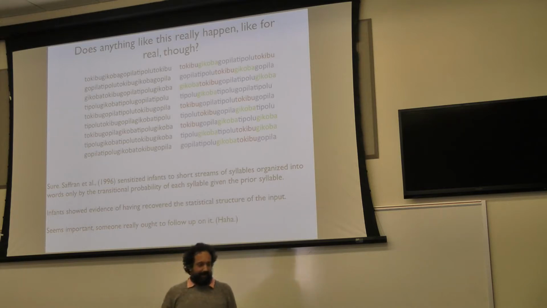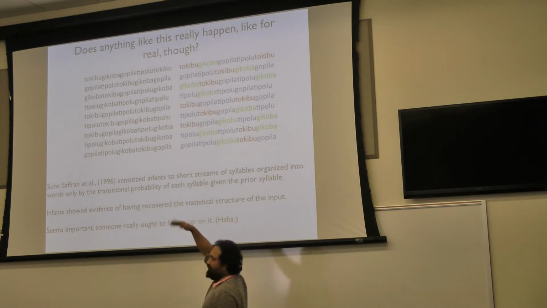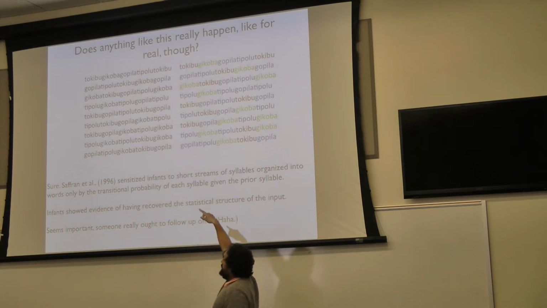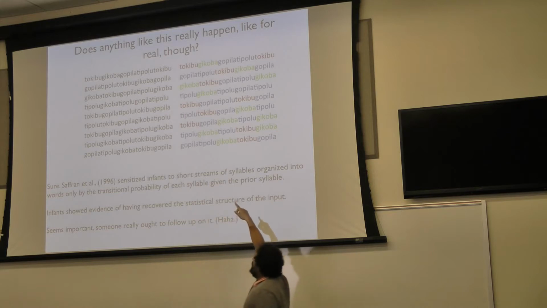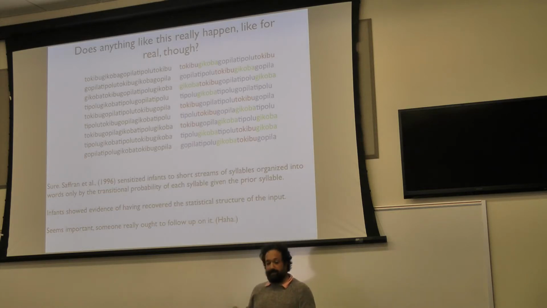Study in 1996, where infants heard monotone recitations of syllables strung together. So it would be like to, ki, bu. I'll play you something like this in a second, but like to, ki, bu, ki, ko, ba, ko, right? The idea is that they would then test whether the infant would show a familiarity bias for things that had higher transitional probabilities over things that had lower transitional probabilities,